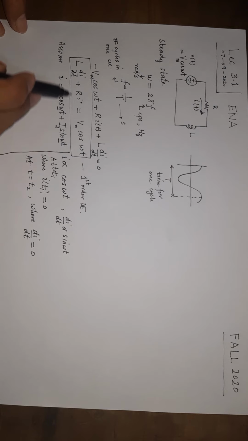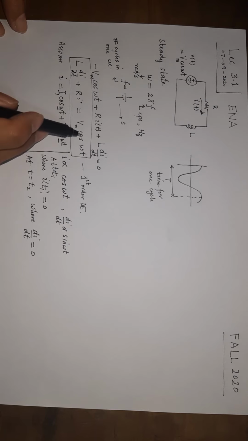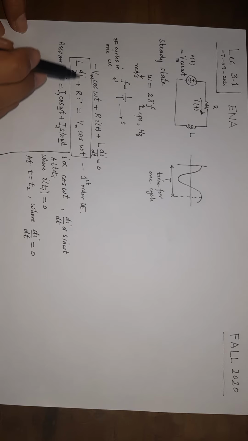We are just focusing on this one equation. We know the nature of this term must be a sinusoid. The nature of this term must be a sinusoid as well, because a sinusoid added to a sinusoid is going to give a sinusoid. That's clear. The second thing is, if this term is a cosine term, this is a sine term. If this term is a sine term, this is a cosine term. So the nature of these two terms is different. A sine and a cosine basically are related to each other but are shifted variants of one another.